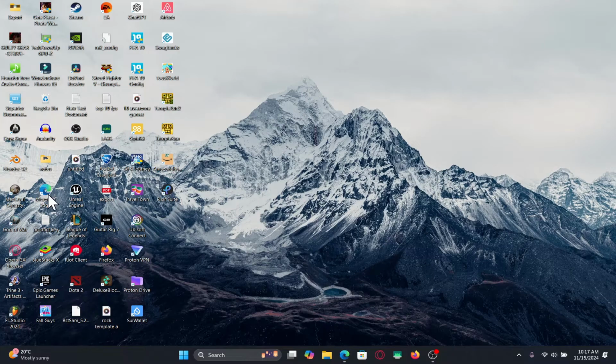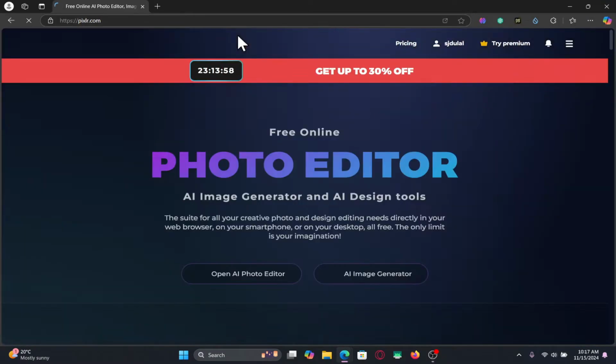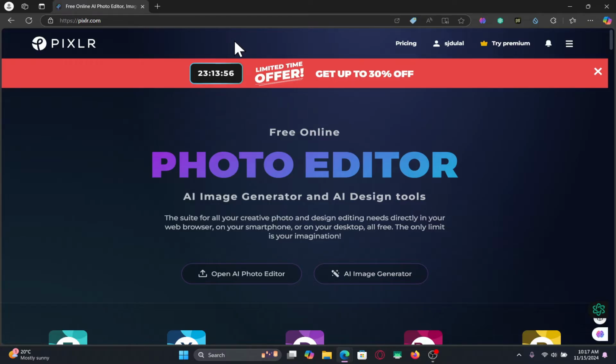First of all, open up your web browser and then in the address bar, type in pixlr.com and press enter. You will now be taken into the official Pixlr website. Now, if you haven't logged into your account already, click on the login button at the top section and proceed forward with your credentials. After logging in, in order to change your email address, click on your username at the top